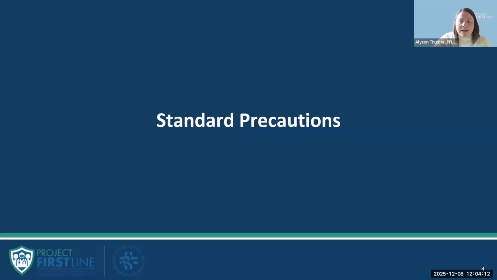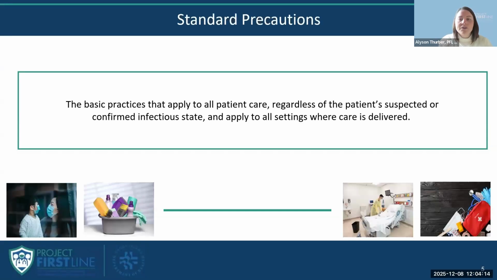All right, so standard precautions as promised. Standard precautions are the minimum infection prevention standard for healthcare workers in all healthcare settings. These practices are used to prevent transmission of diseases that can be acquired by contact with blood and body fluids. Think of all the rooms you enter, every patient you encounter, every coworker you interact with as potentially contaminated or infectious. No matter how emergent you feel the situation is or how pressed we are for time, adhering to standard precautions is critical for the safety of everyone involved.